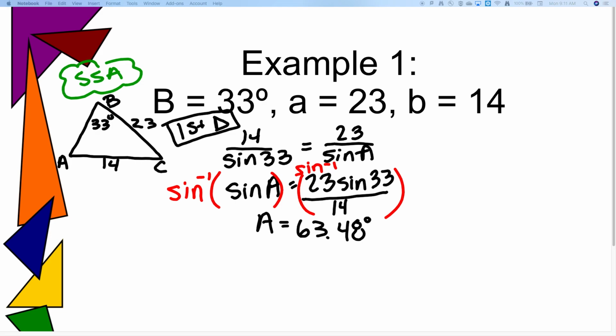If you don't want to type it in all at once, you can do 23 sine 33 divided by 14, hit enter, and then do second sine, second negative or whatever to get your answer. We okay? All right, so if we know that angle A in there is 63.48, now we can solve for